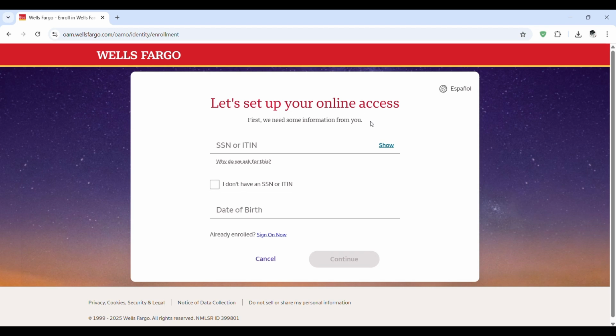If you have forgotten your password or username, you can reset your information using the Forgot Password or Username option. After logging into your account, you can view your bank accounts, make payments, transfer money, and easily